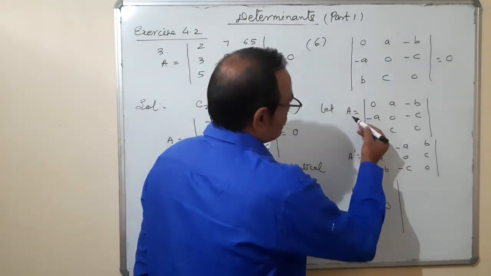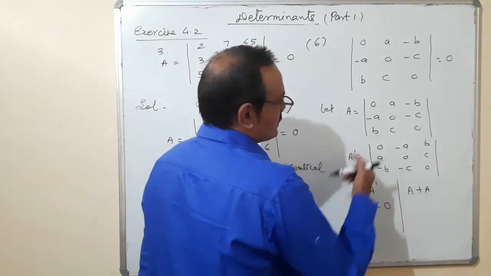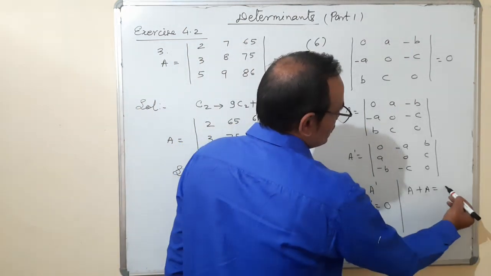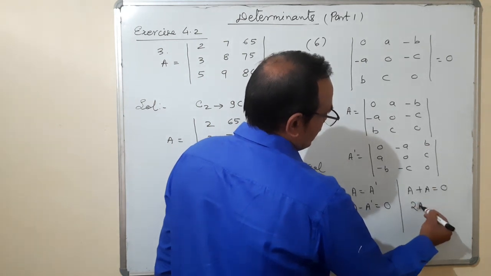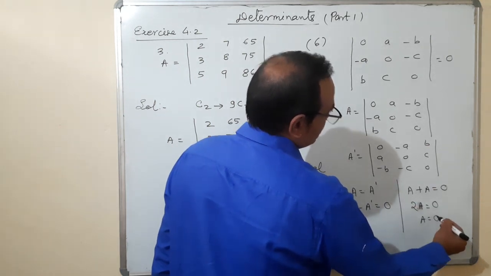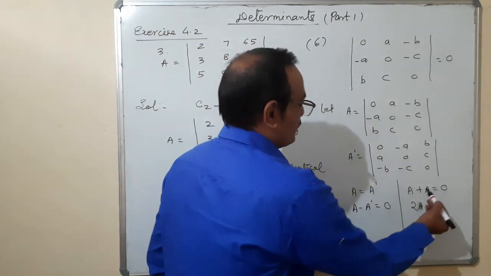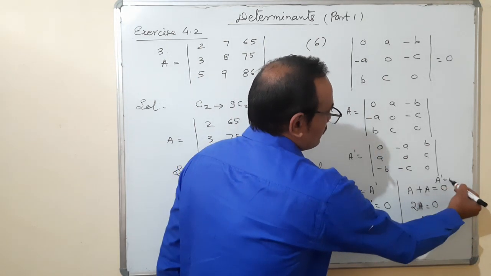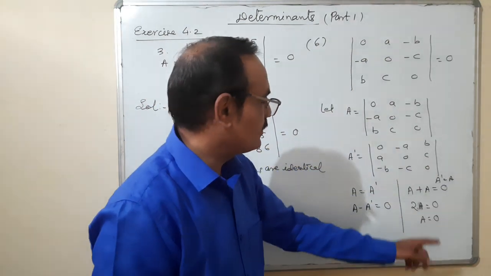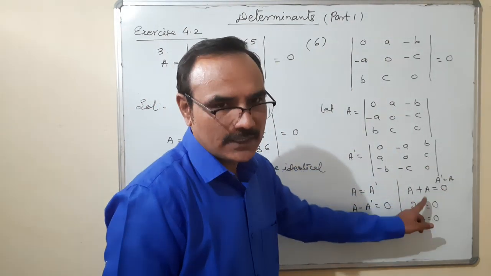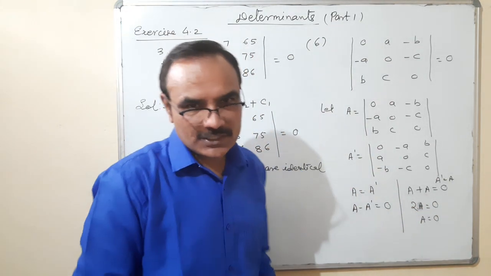The second way of this also. This is the value of A plus this is the value of A. Adding both of them, A plus A is equal to 0. So 2A is equal to 0, and therefore A is equal to 0. Okay. Because when we add A plus A dash, A dash is equal to A, both are same. And when we add them, all the elements are 0. So A plus A dash is equal to 0, that means 2A is equal to 0, therefore A is equal to 0. So its value is 0.